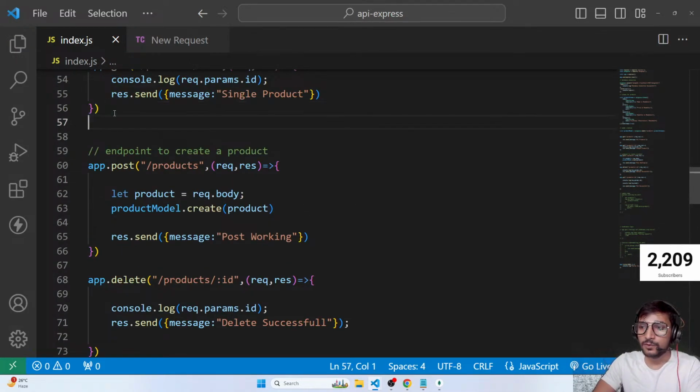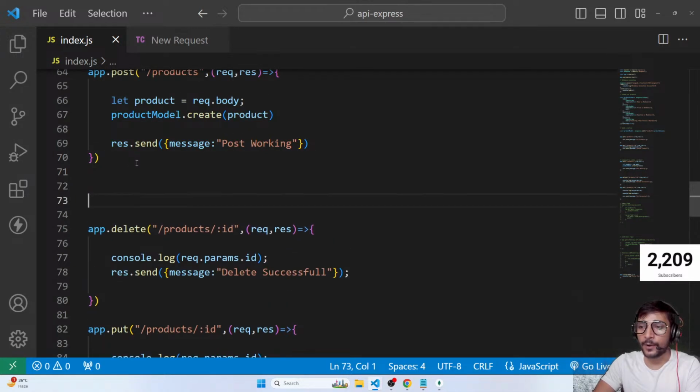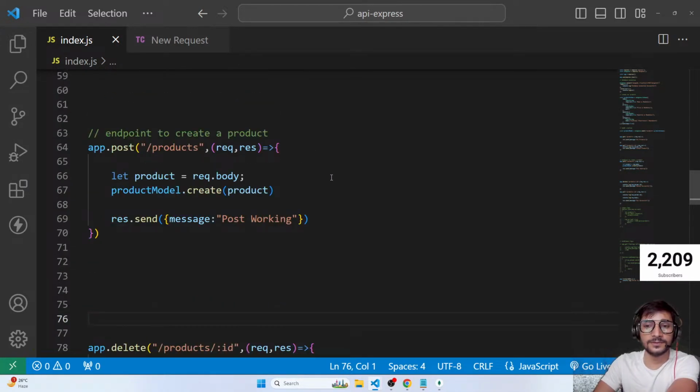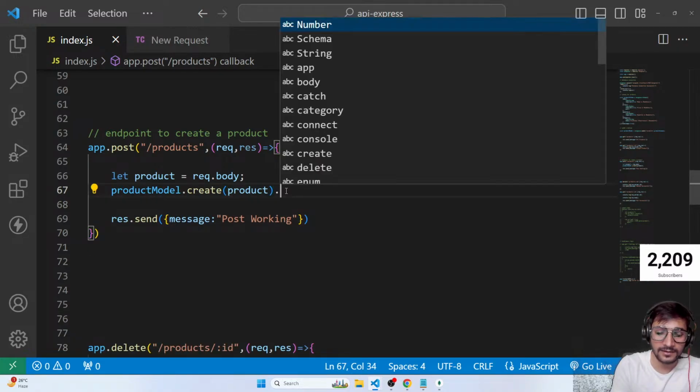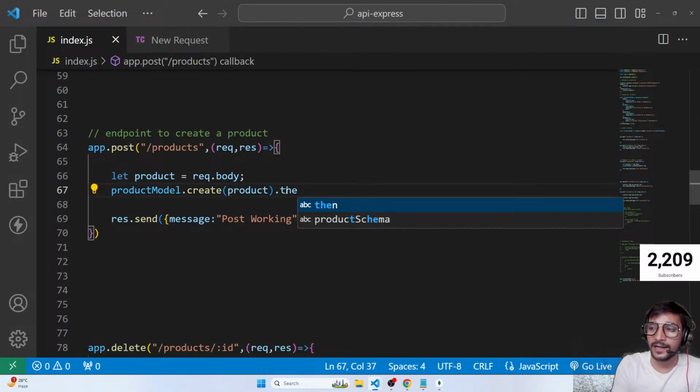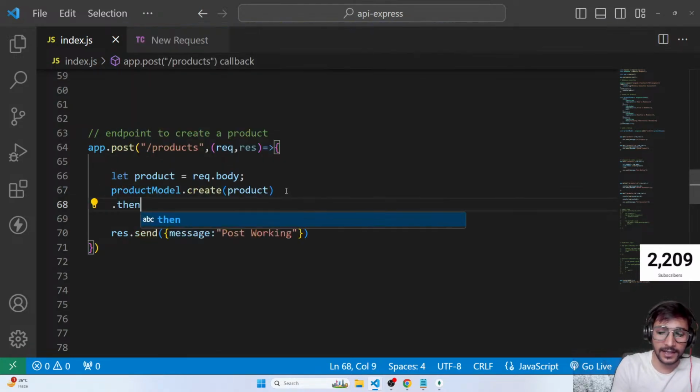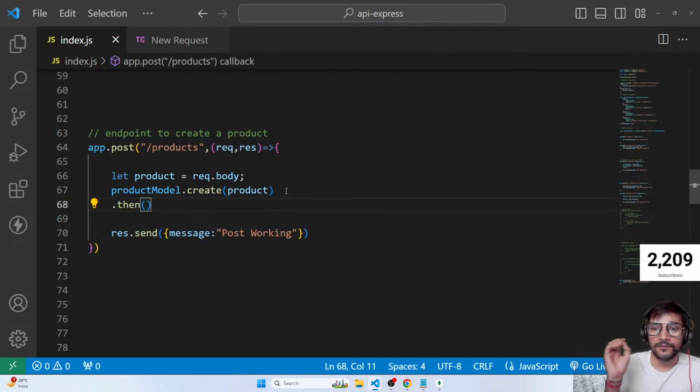And let me create a few spaces so that you can see only one endpoint at one time. Just one. Okay. So now dot then, handle it. Now guys, you can also do it here, but I just don't want to make the line too big. So dot then, and we know whenever we perform the create functionality, it returns the newly created data with all